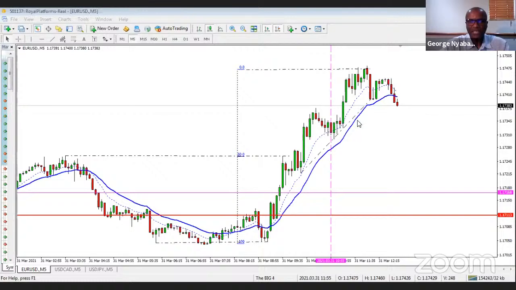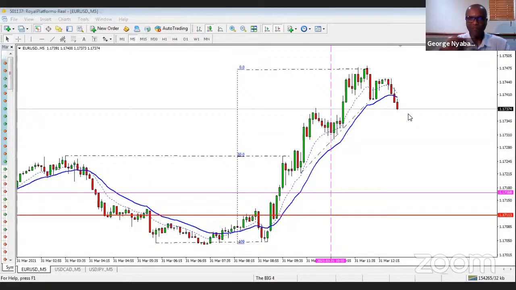So that's currently where we are with the euro. So here's what I was speaking about. We have a break beneath the 20 EMA, and if the bears are able to have a complete close beneath here, and if this candle doesn't reverse and close above the moving average, then I have my first tick for a possible major trend reversal.